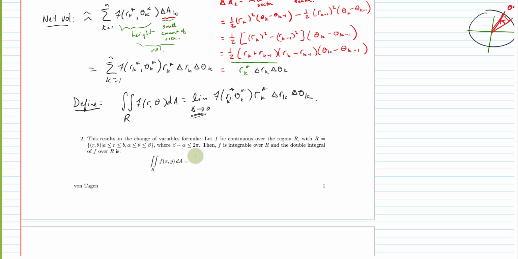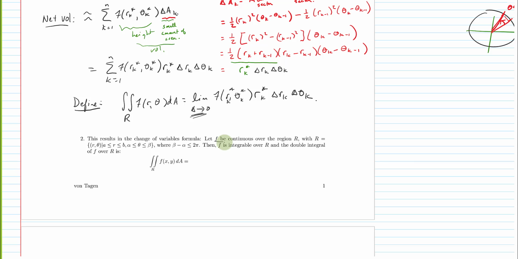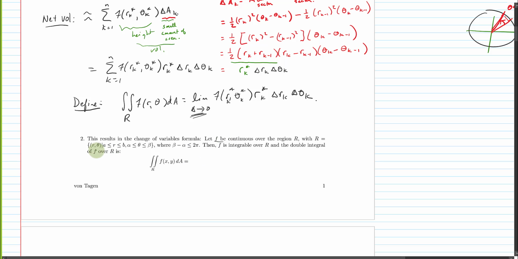So what we want to use this for is if we've got some function that's continuous in the rectangular coordinate system, how could we transition this, how can we do a substitution to put this into polar coordinates? And so what we'll say then is, given some region that is a rectangle as far as r and theta are concerned in the polar coordinates,